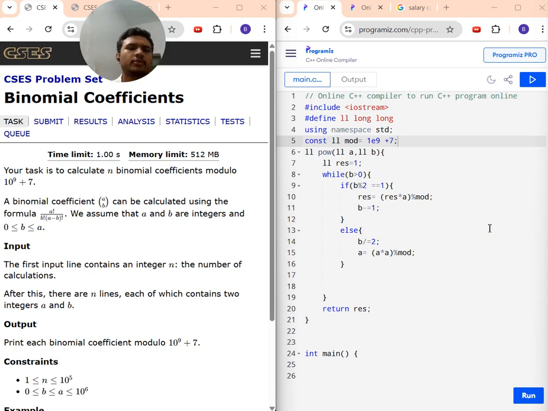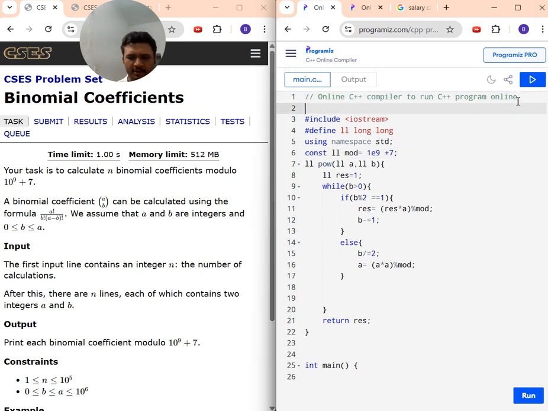Hello everyone. Today we'll be looking at this question called binomial coefficients. The problem says that you have to calculate n binomial coefficients and bring the results modulo 10 power 9 plus 7. I hope everybody is aware of this simple formula for how to calculate